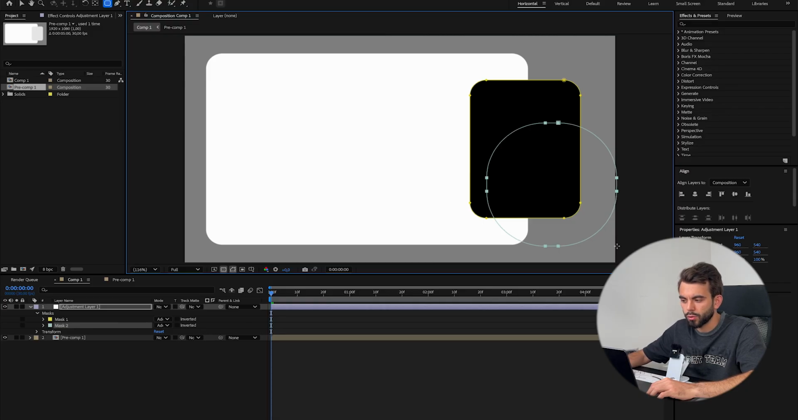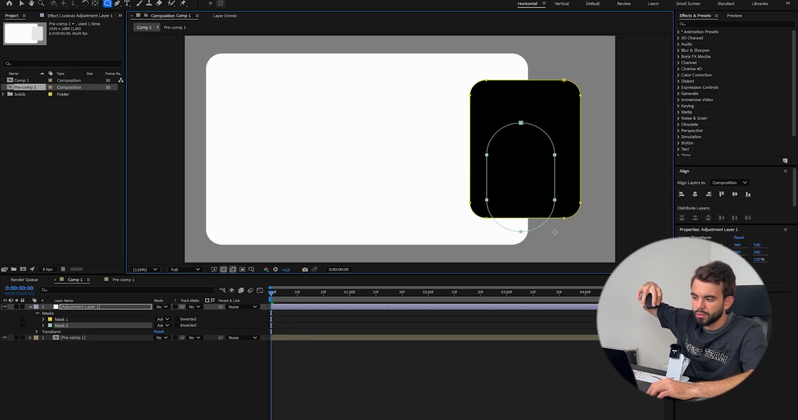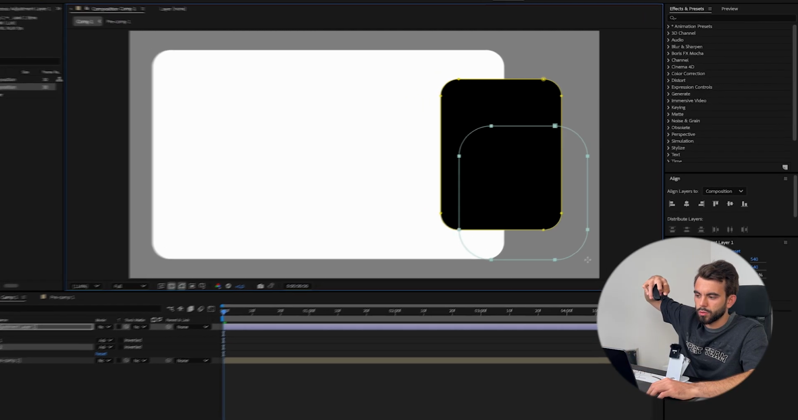Now, in the very beginning, when you create the mask, you might see that the edges are more circular for you. The way you can customize it is you still hold the mask as if you are creating it, and then you customize the roundness with the scroll wheel. So you can see